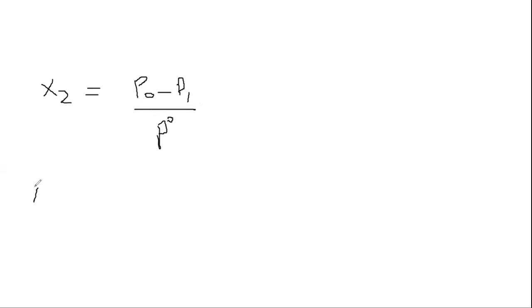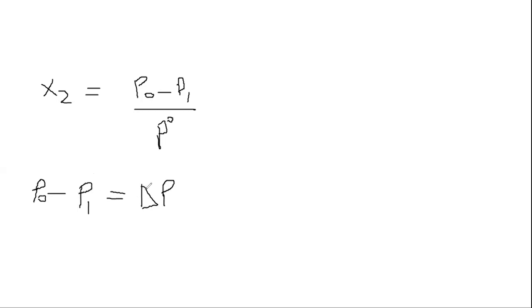If you subtract the vapor pressure of the solution from the vapor pressure of the pure solvent, the vapor pressure of the pure solvent will always be more as compared to the vapor pressure of the solution. And you can simply say this is the change in the vapor pressure, but